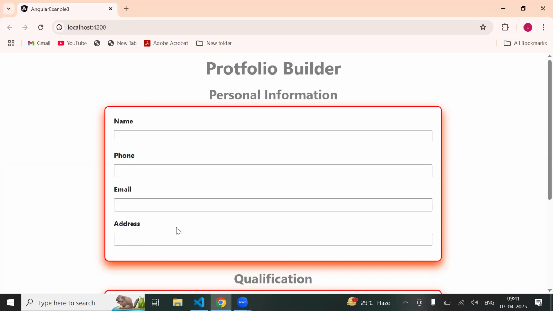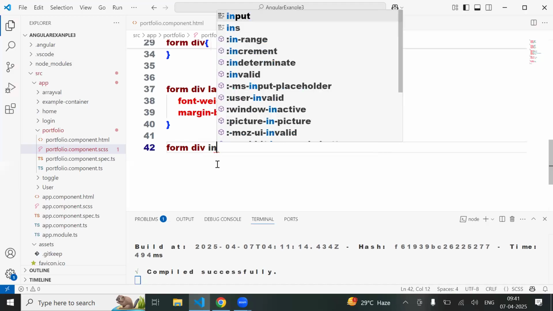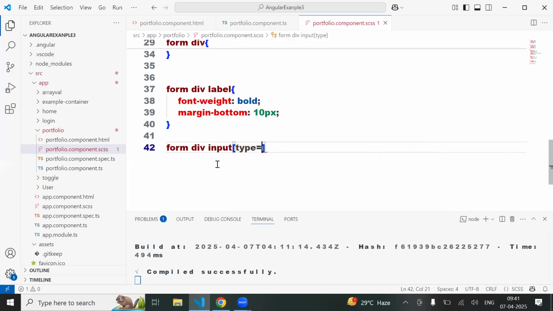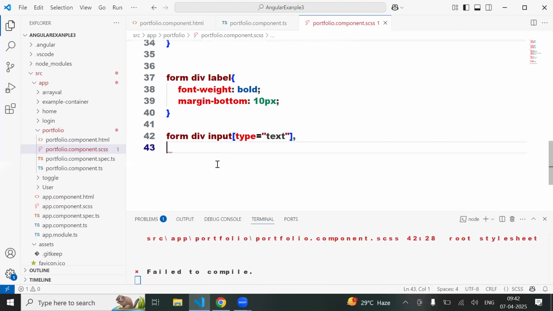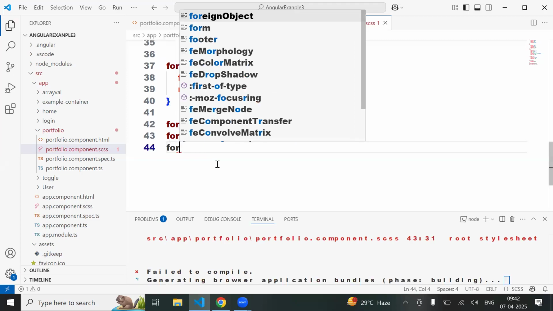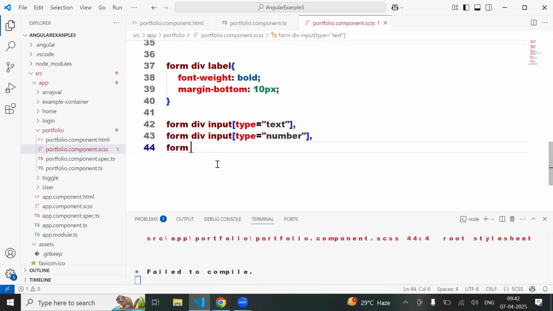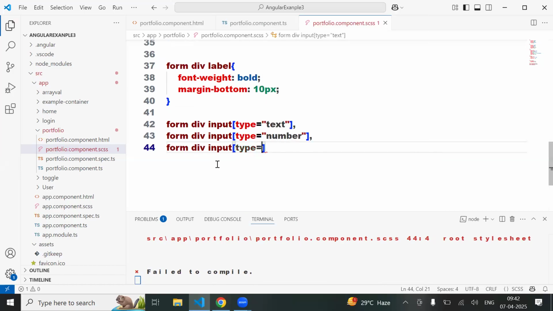So how to do that is form div input type equal to text, comma, form div input type equal to number, comma, form div input type equal to